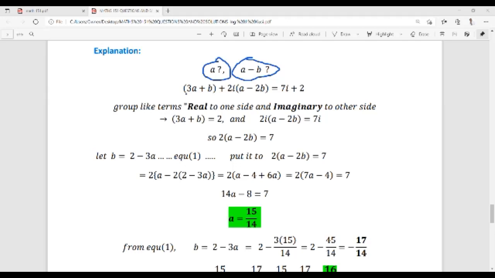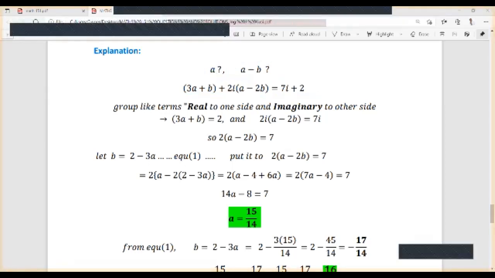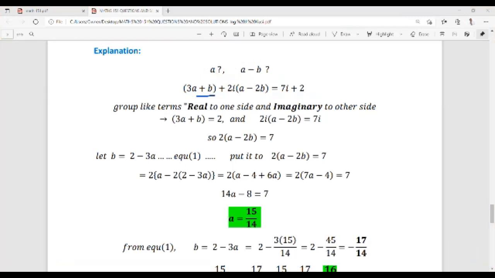And this is what he has given to us. This is equals to this. Okay. So when you get something like that, this is how you do it. Look at it very carefully. See that this is 3A plus B. There is no I here. And in a complex number, Z is equals to